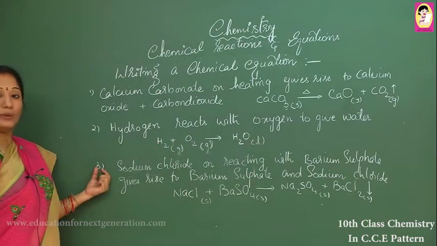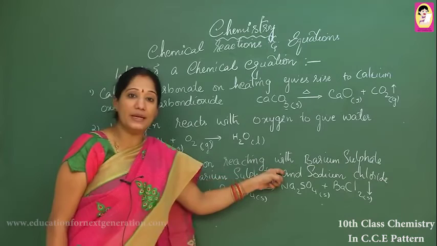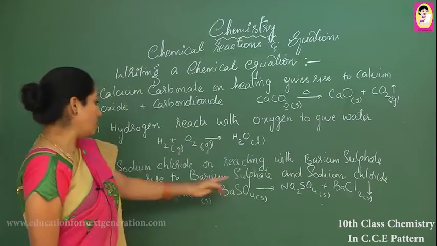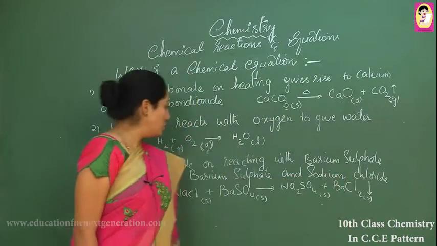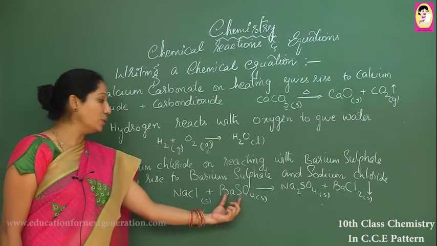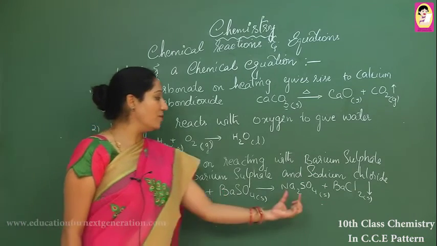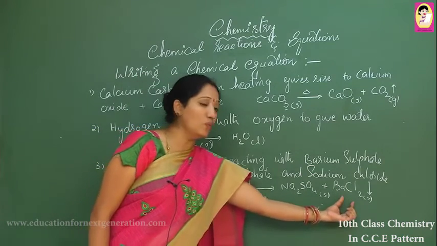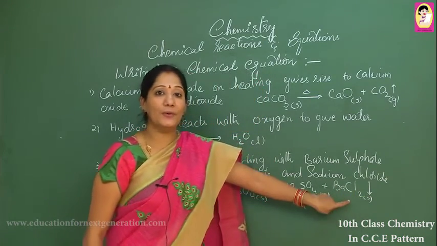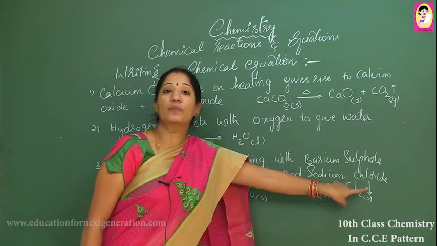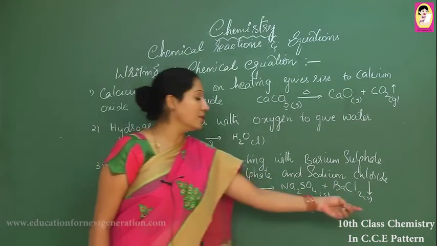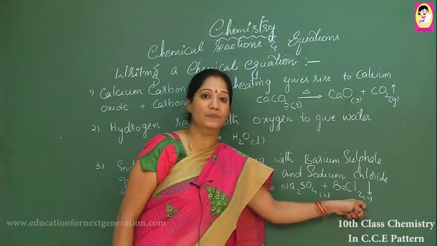Next, sodium chloride reacting with barium sulfate gives rise to sodium sulfate and barium chloride. So the equation is NaCl, meaning 1 mole of sodium chloride reacts with 1 mole of barium sulfate to give rise to 1 mole of sodium sulfate and 1 mole of barium chloride. Here I have written the downward arrow. The downward arrow represents that barium chloride is obtained in the form of an insoluble solid, which is insoluble in water, that is, it is obtained in the form of a precipitate. Now let us learn